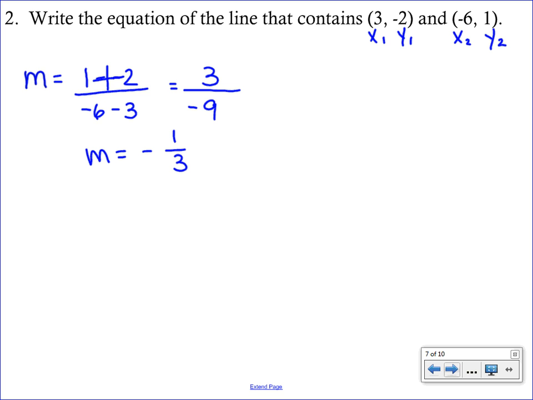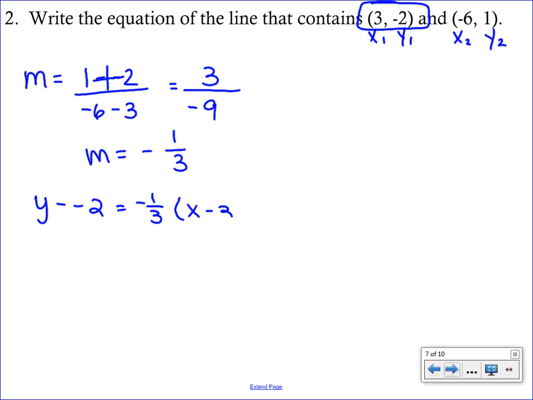Okay, so we found our slope. Now we're going to put it into point slope form. We just have to pick one of our points. So since point slope form uses the y1 and the x1 notation, let's just put a box around the (3, -2) to indicate that we're picking that point to plug in. So we have y minus y1, so it's y minus the -2 equals -1/3, and then in parentheses, x minus